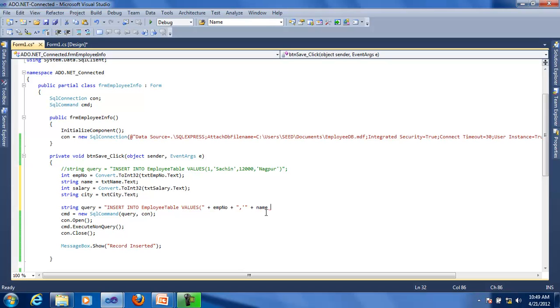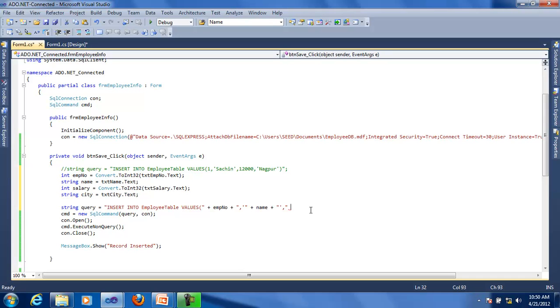then again plus, now what is here, this part, single quote and comma. So again this is string, so open the double quote, single quote and comma, and then close the double quote. So this single quote is nothing to do with this comma. Okay, this single quote is enclosing name. Now this is starting single quote of name, and this is closing single quote of name, and this comma is separating employee number and name. Okay,